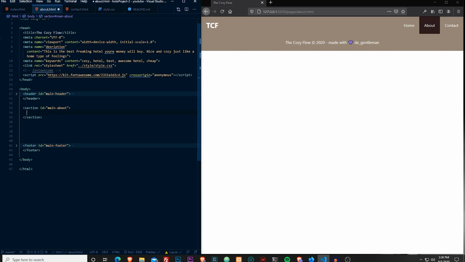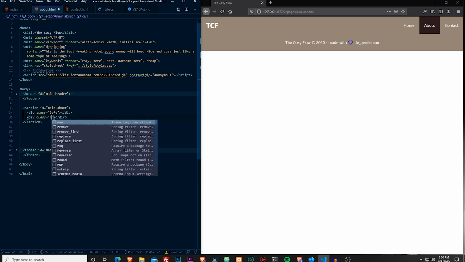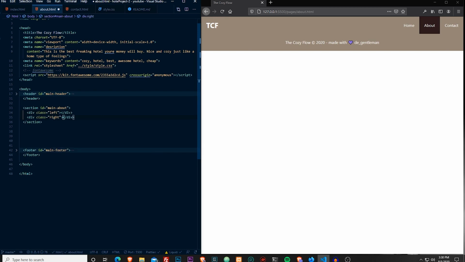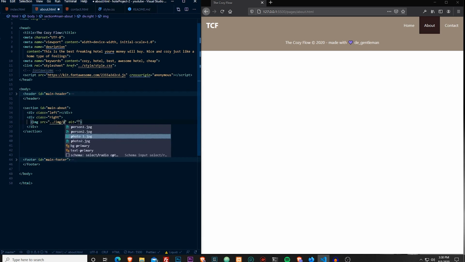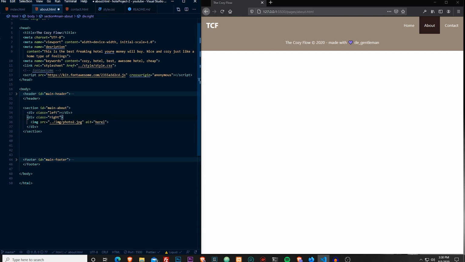So let's call this the left box, and let's do the right box. And inside the right box, that's where we're gonna have our little image, and we're gonna select photo 2, and let's just give this a Hotel. Yes, Hotel. And inside our left one, we want,